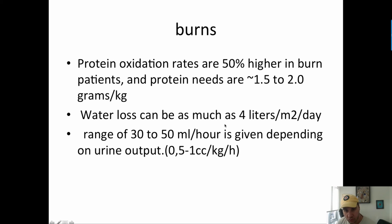The water loss as well can be as bad as 4 liters per square meter per day. So you can lose a lot of water, so it's very important to hydrate them a lot too, by drinking. The problem with the patient with large burns, even if the burn is not on the stomach,